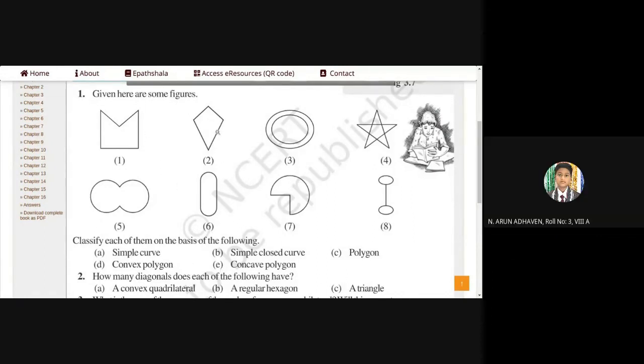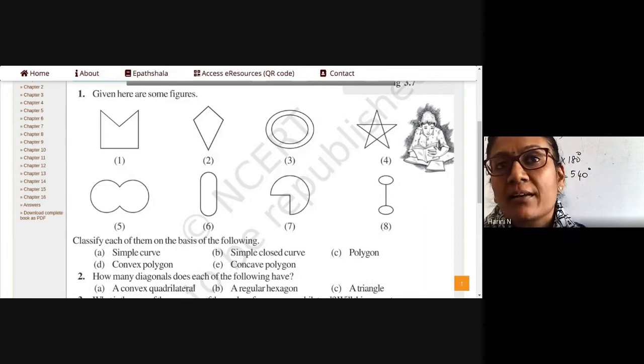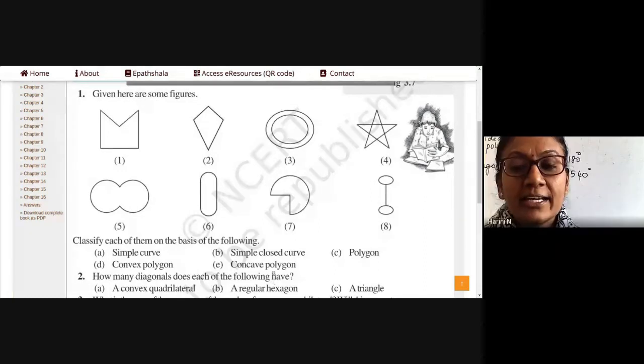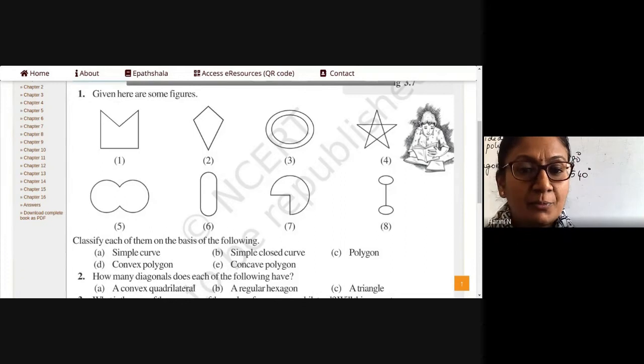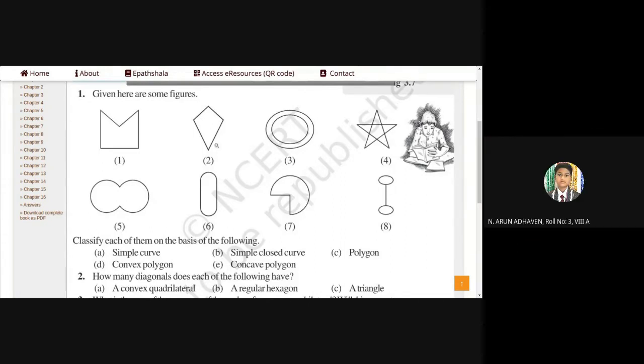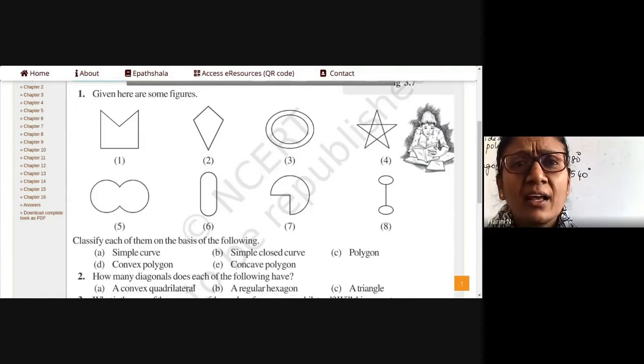Most of the things can come into polygon. If there are more than one choice, you can write, no harm. Ma'am, say it's also a simple closed curve. It is already a polygon, so it is understood. So if you want to write it as a polygon, nobody can stop us from writing it as a polygon. All right. The second one. Ma'am, we have to write this in the textbook now? Yes, finish it in the textbook because we can avoid drawing and redrawing it again in the classwork.